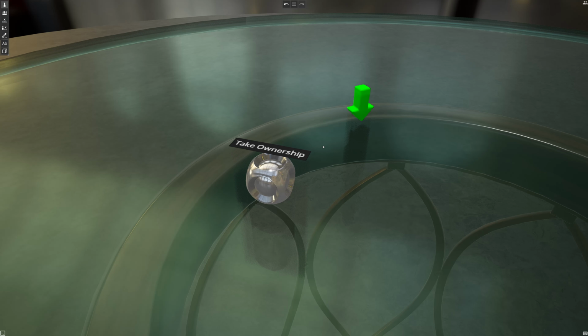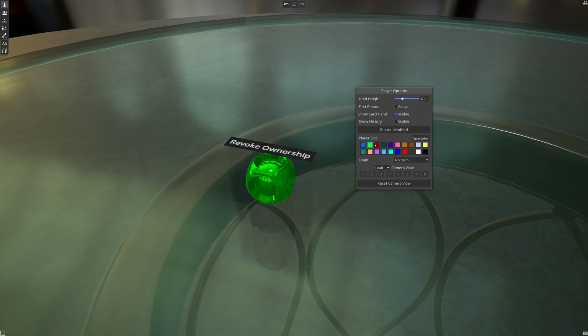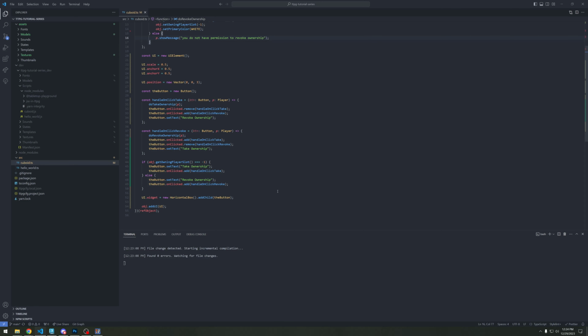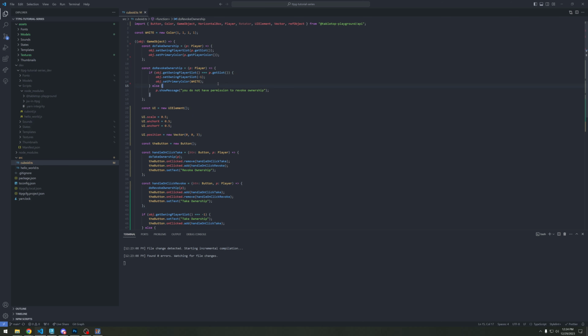In an ideal world, if I'm not the owner of it, I should not even be able to see that revoke ownership UI. I shouldn't be able to, I can't click it. But, anyways, the real way to get around this, by the way, just so it doesn't juggle the